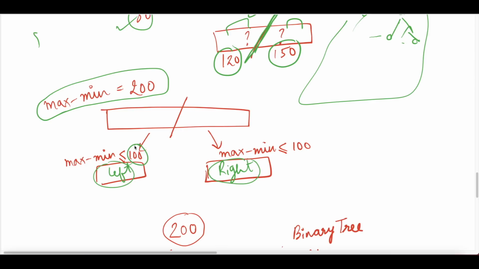It cannot cross more than 100, because how this was formed was, you did the average, right? Average was max plus min by 2. So you took the midpoint, you took the average, and that's how you got this left partitioning and right partitioning. Which means that if you do the max minus min of this, it cannot be more than 100. Similarly, for this one, it cannot be more than 100. So after every slicing operation, the difference between the max and min of the subarrays reduces by half, which means that the height of this tree can be log n